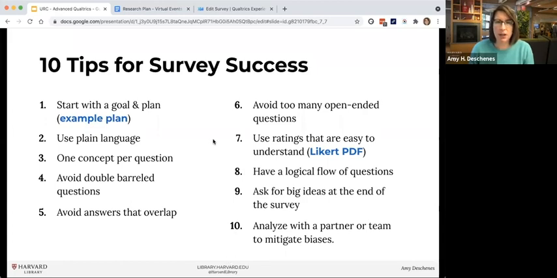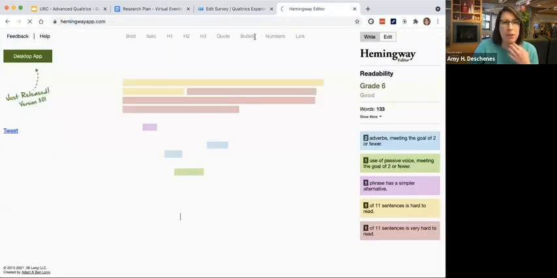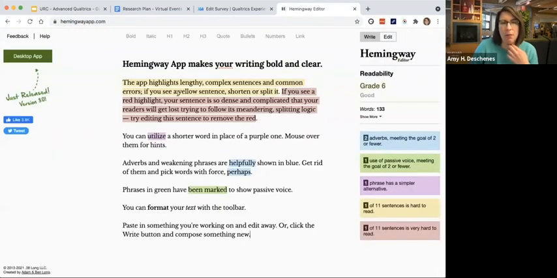So I'm just gonna look in the chat. Valerie asked, what was the resource again for plain language? Sure, it's the Hemingway editor. So it's just hemingwayapp.com. You can paste in whatever kind of text you want in here, and it gives you a readability grade, and it pulls out some issues for you. It's super useful, even if you're writing emails or reports or something, it's just really useful to check your text in there.